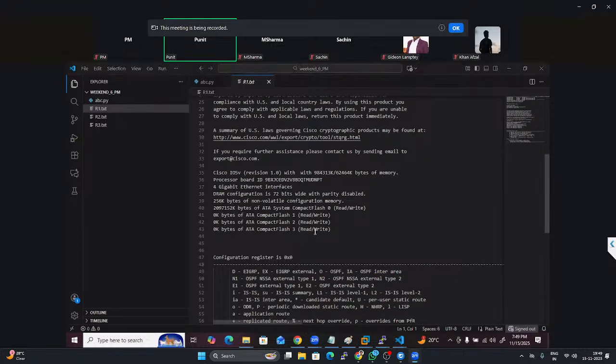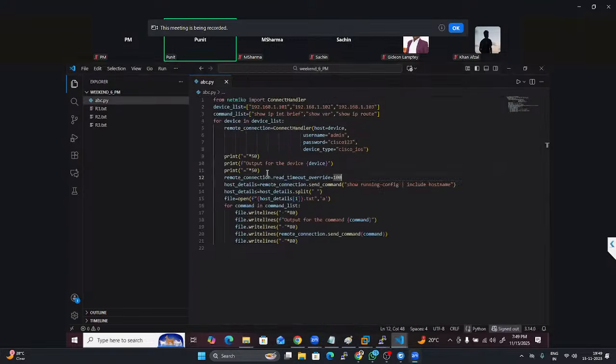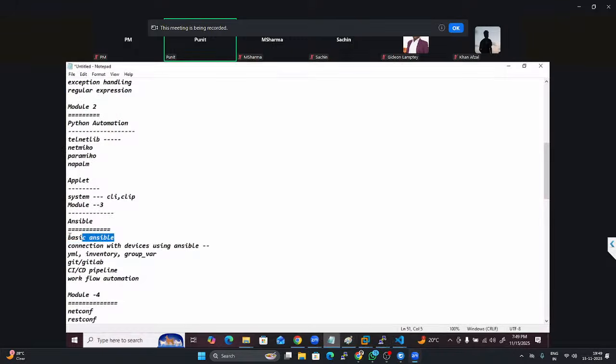Whatever output is coming now from this command, we are directly holding it and writing it inside the file, right? In Ansible we have a different way: we create a register variable and then hold that value. So we'll discuss how we can run a loop inside Ansible, how to create a variable, and how to hold the output. After that, we need to use Git and GitLab, which is a version control system, to track a file,